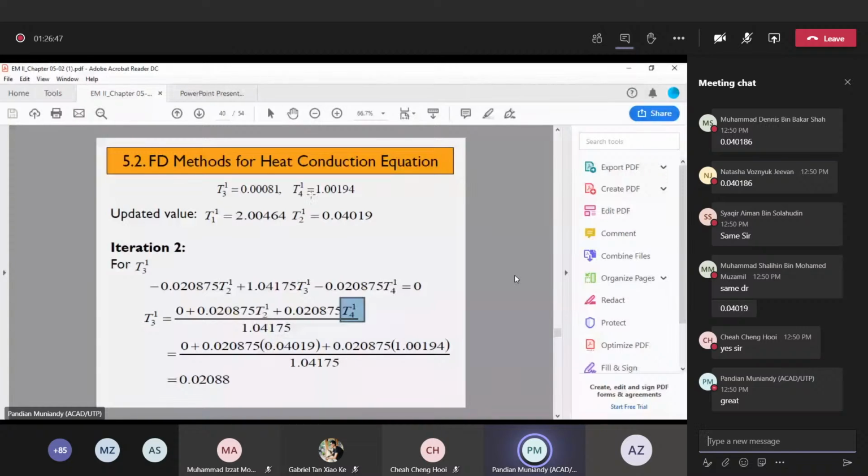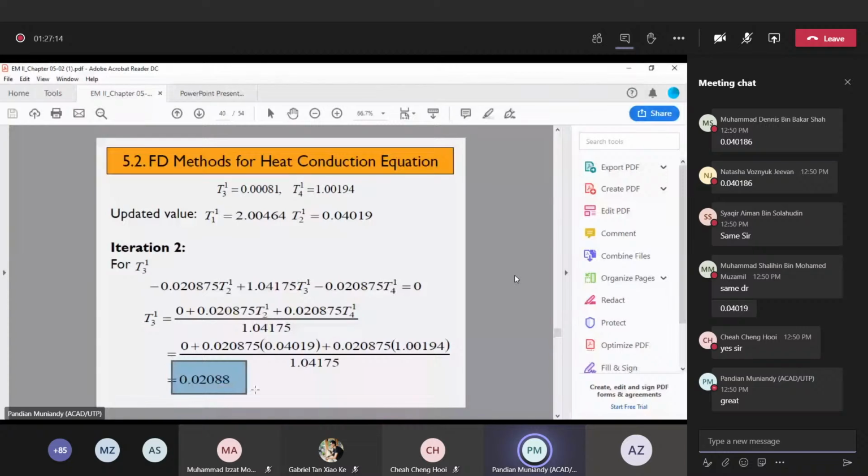This one from iteration 1, 1.00194. So you calculate all this: 0.020875 multiplied by 0.04019 plus 0.020875 multiplied by 1.00194, divided by 1.04175. You should be able to get